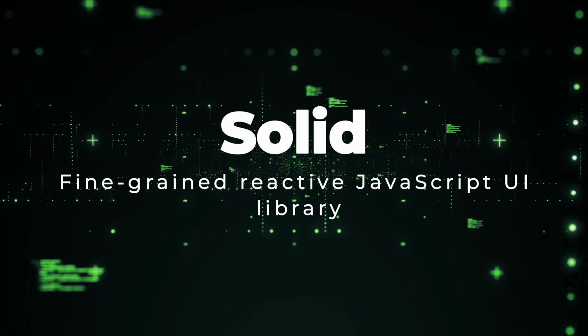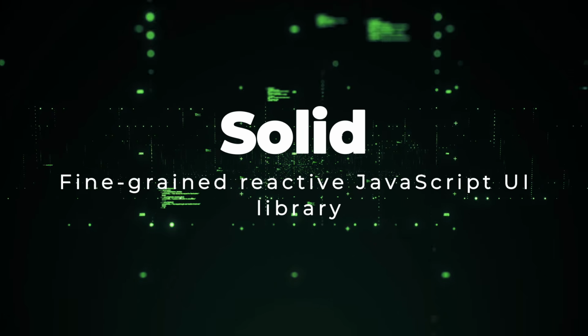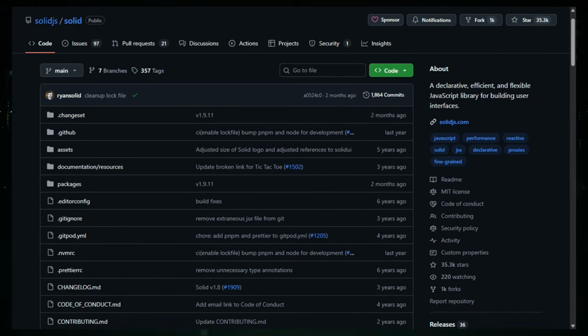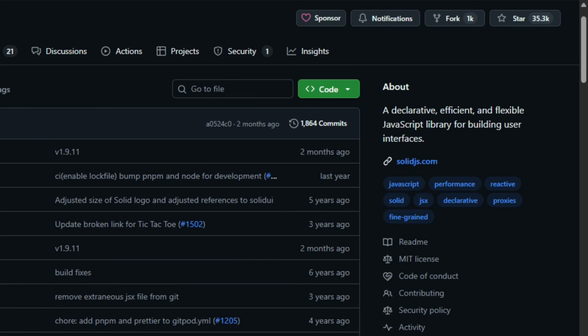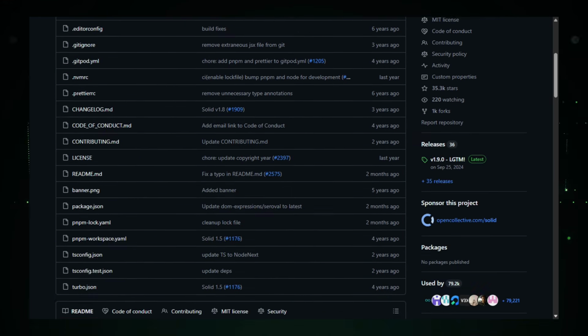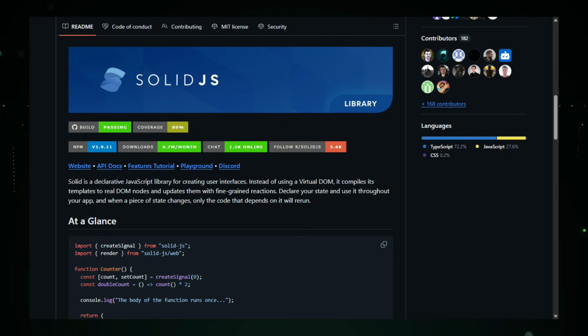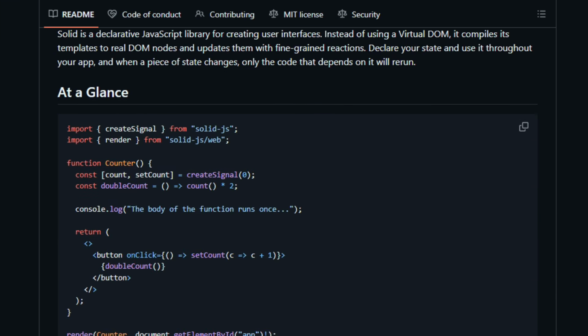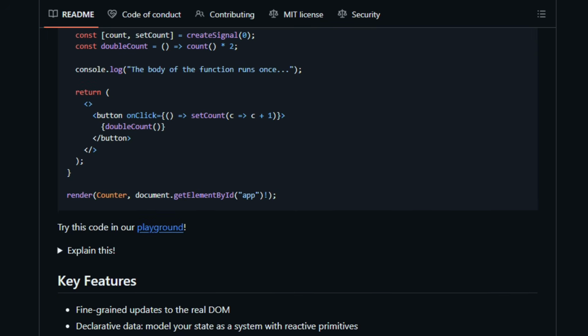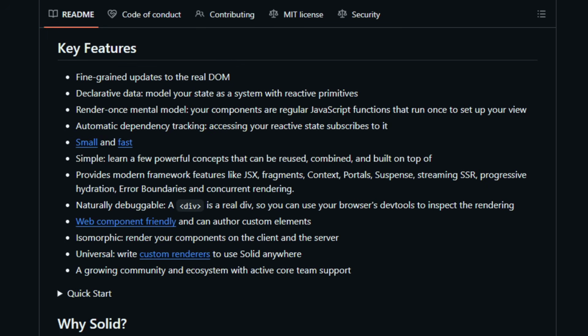Project number 4, Solid, Fine-Grained Reactive JavaScript UI Library. Solid is a JavaScript UI library focused on fine-grained reactivity for building web interfaces with minimal runtime overhead. It solves performance and complexity issues found in virtual DOM approaches by updating only the exact parts of the UI that change. Developers write declarative components using JSX, while the compiler turns them into efficient reactive updates that run directly